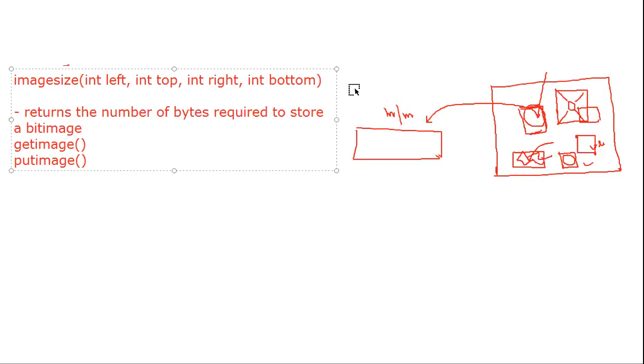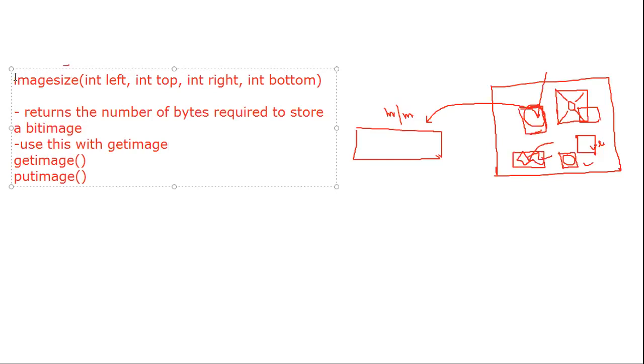So we are defining this, and we use this function with the getimage function. Whenever we use getimage, we will use imagesize.